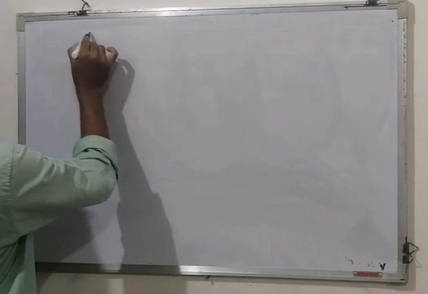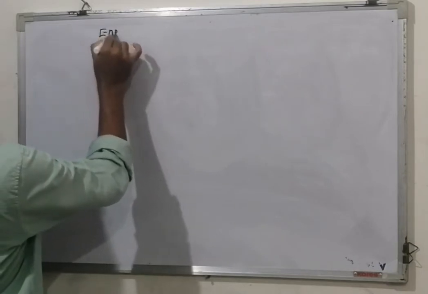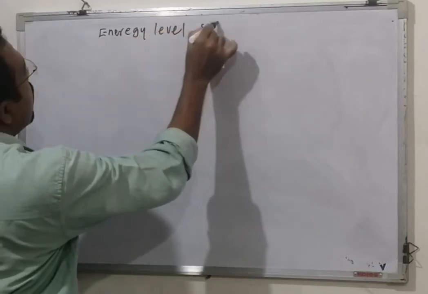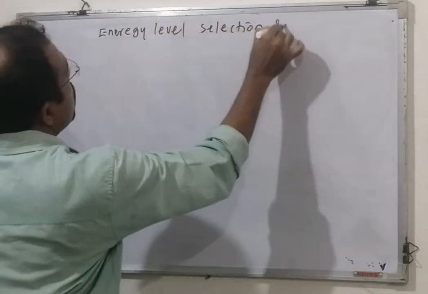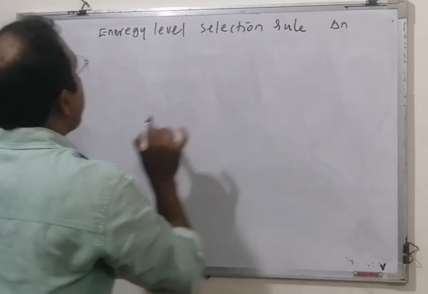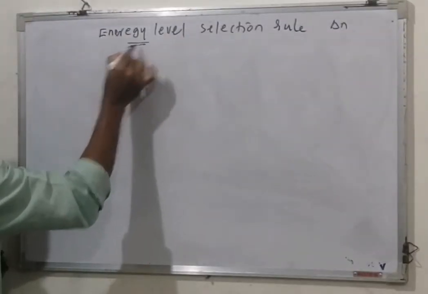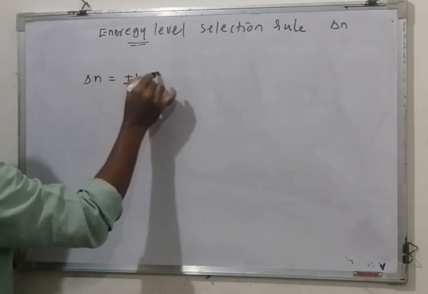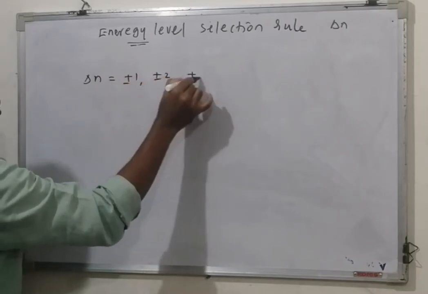Okay, we can discuss one selection rule. The first is the energy level selection rule, that is, delta n can be plus or minus 1, plus or minus 2, plus or minus 3,